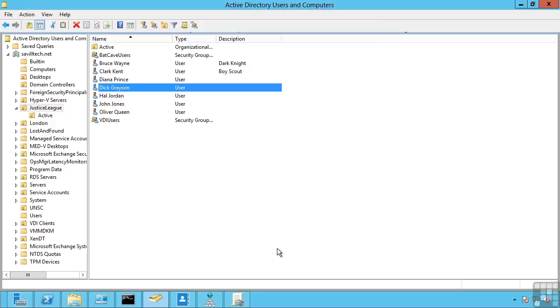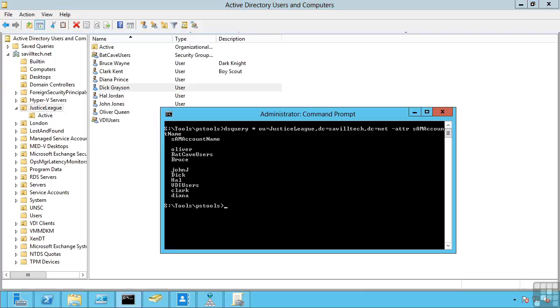It's important to understand what those distinguished names are because they're used in a number of the utilities. I previously covered manually creating users, computers, groups, etc. But I may want to do a bulk import of many users. So one way I might do this is I might have a comma-separated value file, a CSV, that I want to just bulk import. A utility called